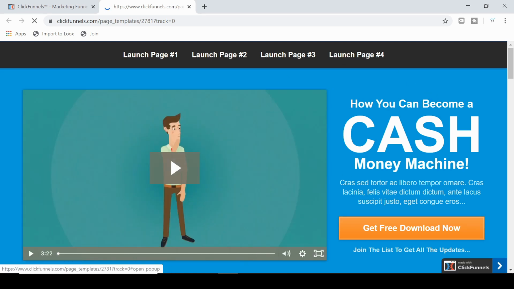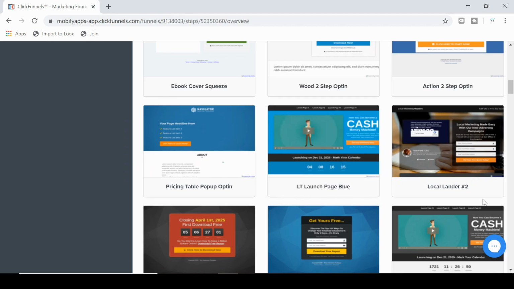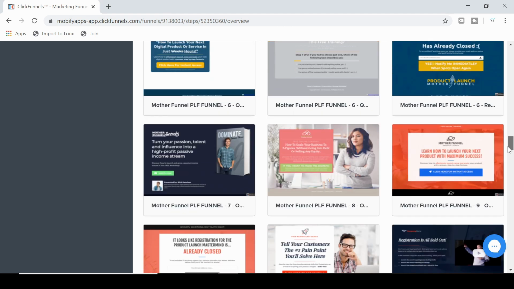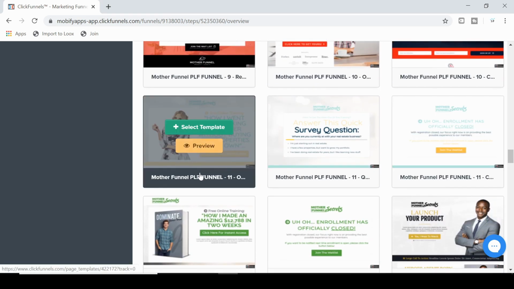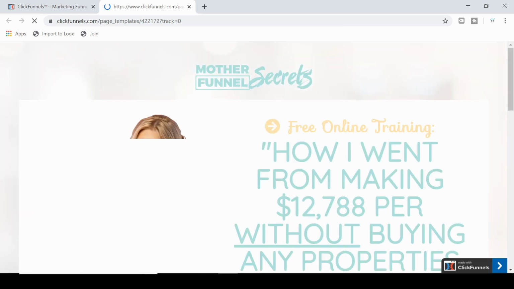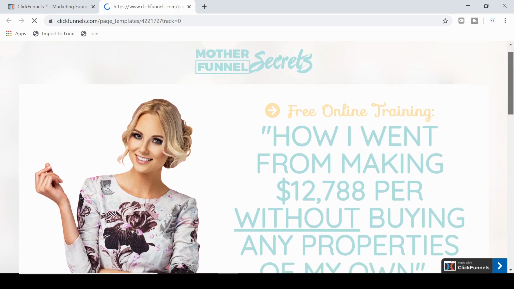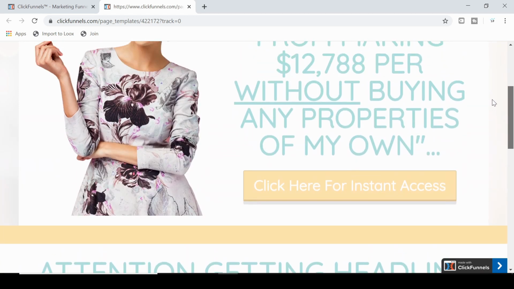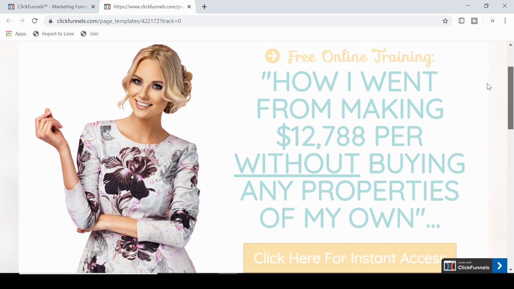So they give you a general template to work from, and you can customize this as much as you like, which I'll show you very shortly and give you a bit of a preview. But there are heaps of templates to choose from, heaps and heaps and heaps. Let's have a bit of a look at this one here. So you can see they all come with a lot of different designs. You can move everything about, swap images out, change the text. There's heaps you can do. So what we'll do is I'll choose this one, and then I'll give you a quick demonstration of how you